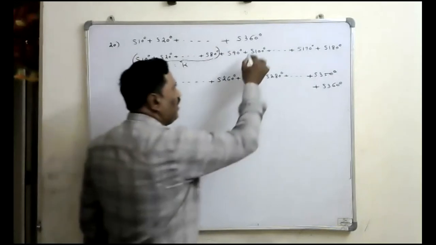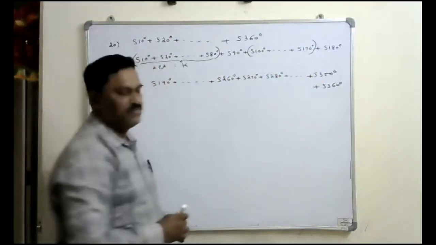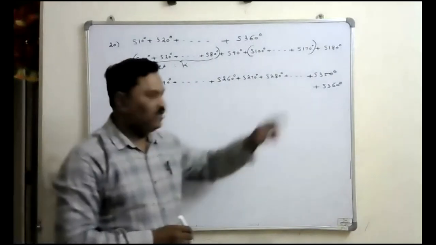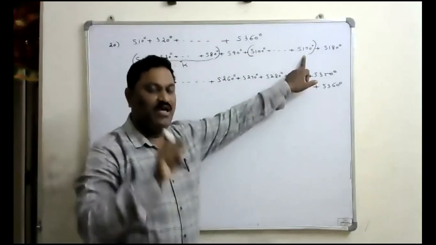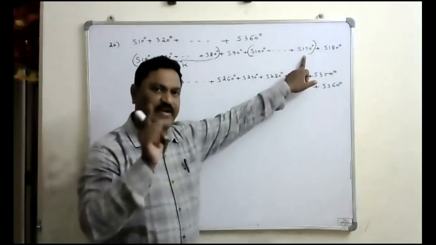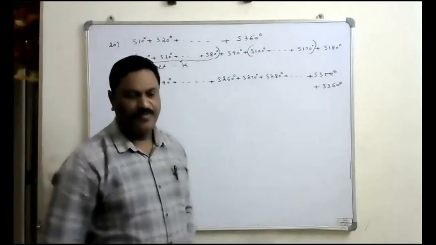Now again, consider the angles from 100 to 170. All these angles lie in the second quadrant. In the second quadrant also, sine is positive. So this summation also will be positive. And that too